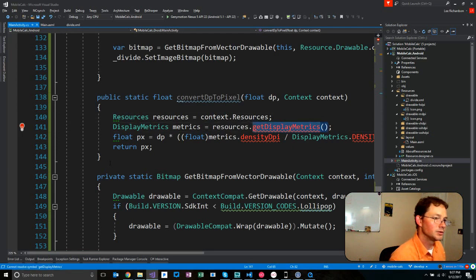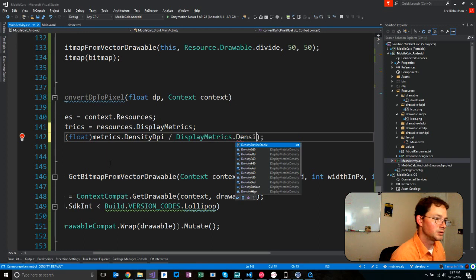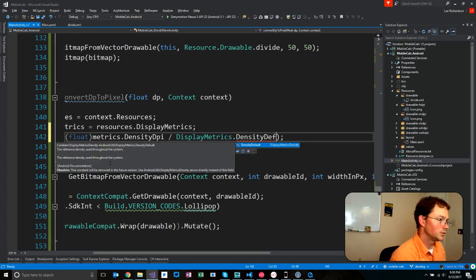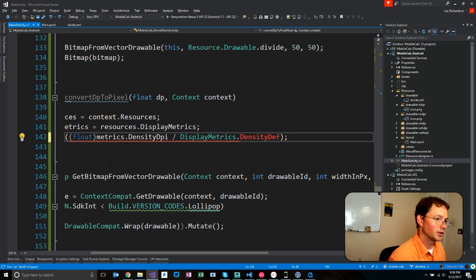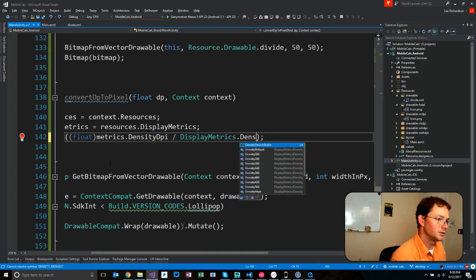Good. Okay, display metrics, okay. And then this constant is deprecated. Use android.util.DisplayMetricsDensity enum directly instead of this field. Didn't like it anyway. Density default. And